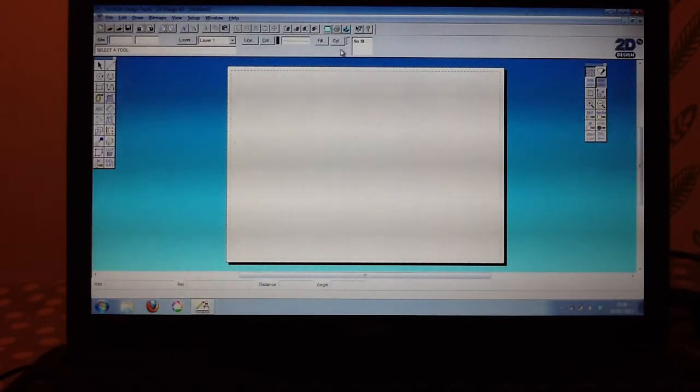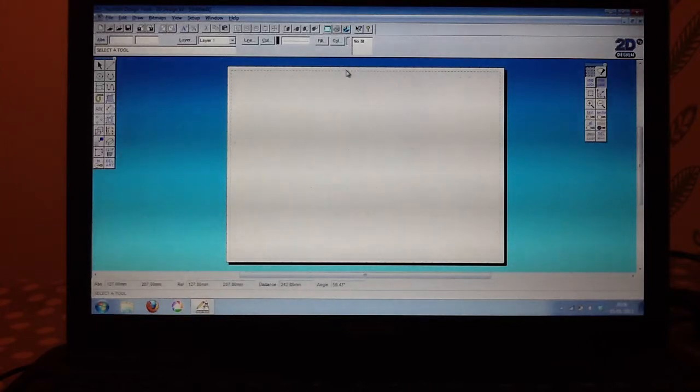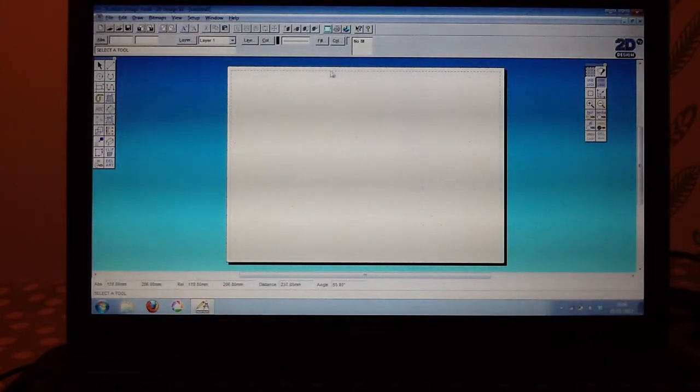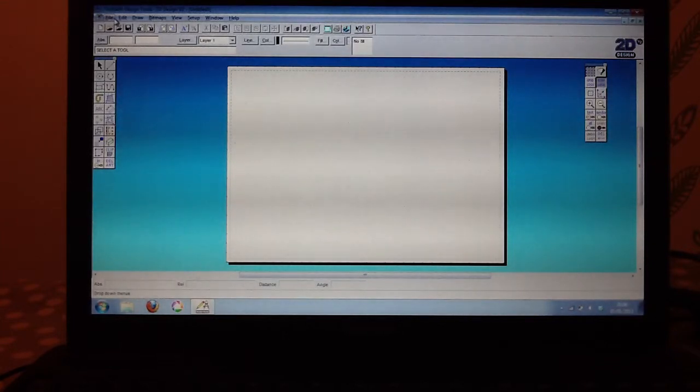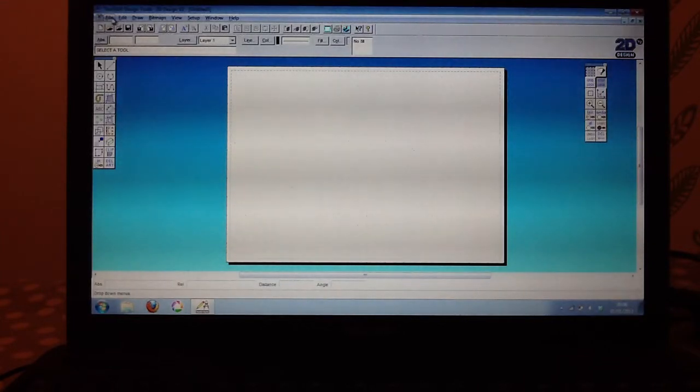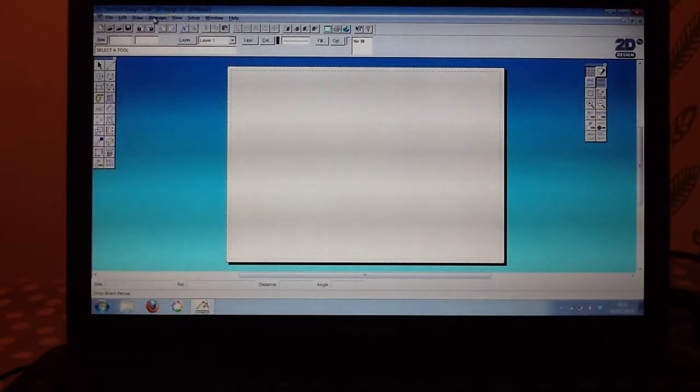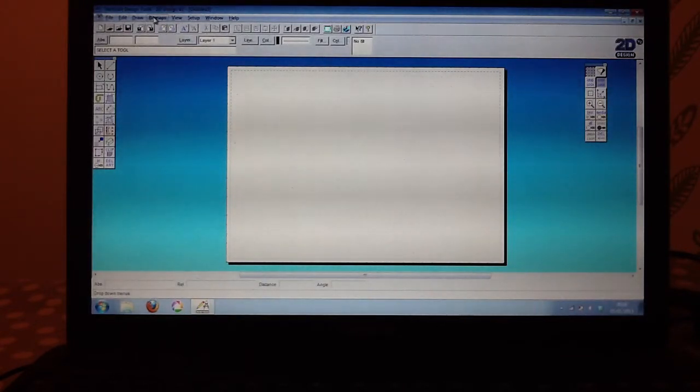When you first load up 2D Design, you should see a screen that looks exactly the same as this. 2D Design has been designed so that most of the features will be familiar to you, as they might be in any other desktop publishing program. You've got File, Edit, Draw, Bitmaps, all the kind of things that you're used to at the top on your